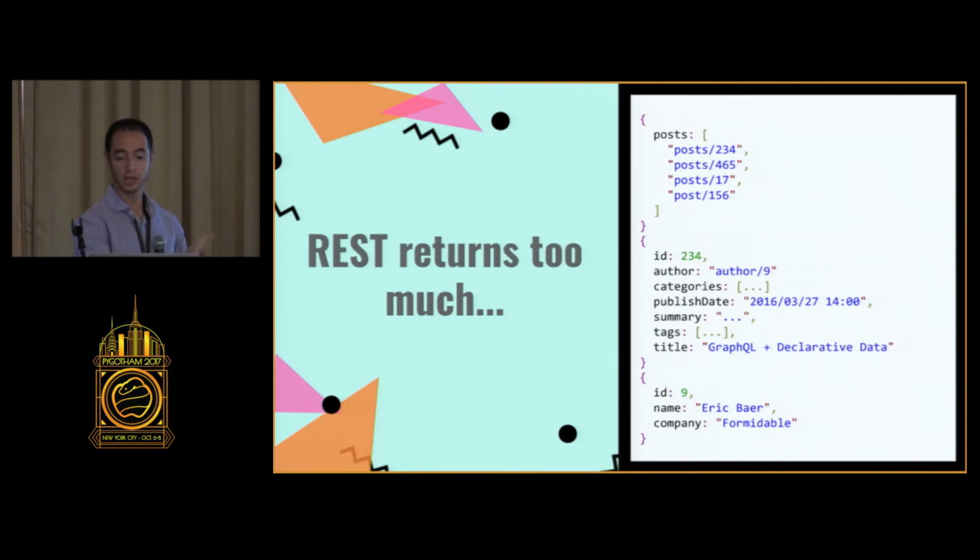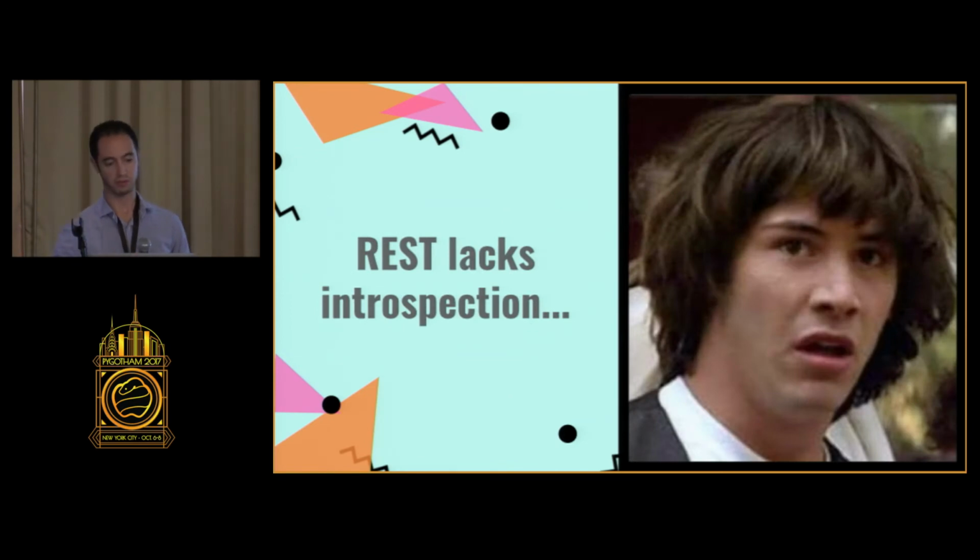Okay, so the next problem with REST is that it sends more information than you need. API authors have to anticipate all use cases, and more often than not, they'll send a complete resource regardless of whether or not their client needs it. So in our blog example, all we need is the title and author, and this is all the stuff we get back. And that ends up being about 17% of this, which is a 6x loss. And this is sort of a made-up example. But in the real world, I've been in situations where 95% of the data is wasted. I'm going to just move on from that one.